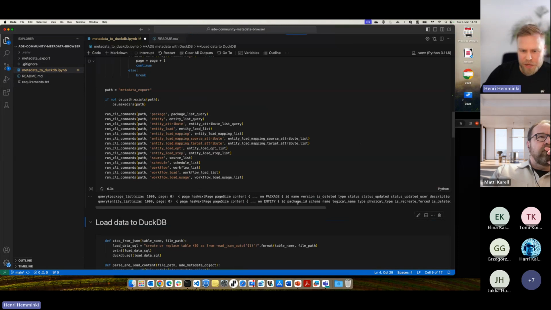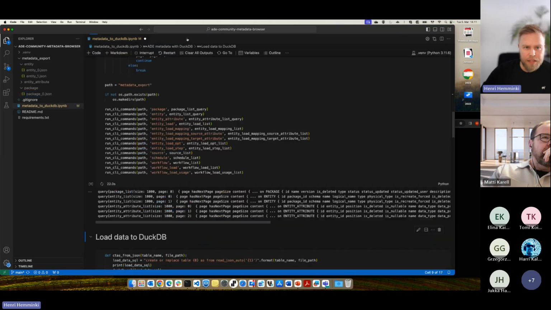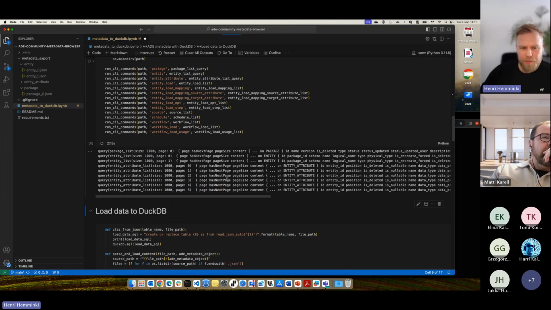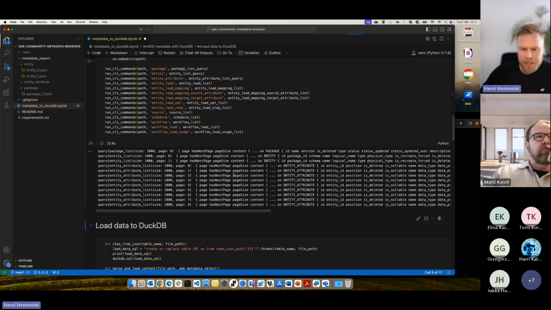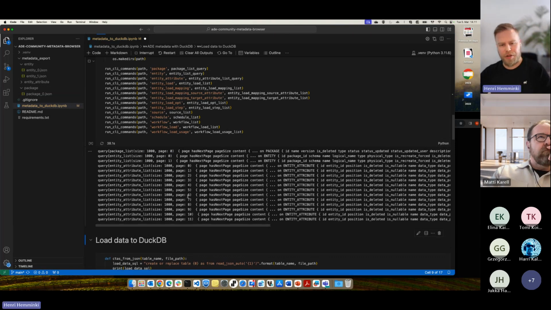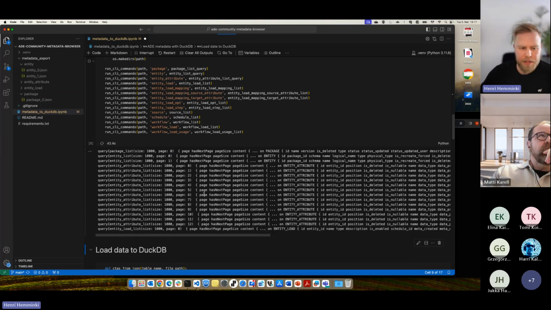It fetches all the metadata from the API. It just generates the metadata as files to my PC, so there are just files of the metadata that's there in the ADE. Now I'm just waiting a moment so that it fetches all the stuff from the metadata interface. In this case, this is our demo environment, so there's not that much metadata.